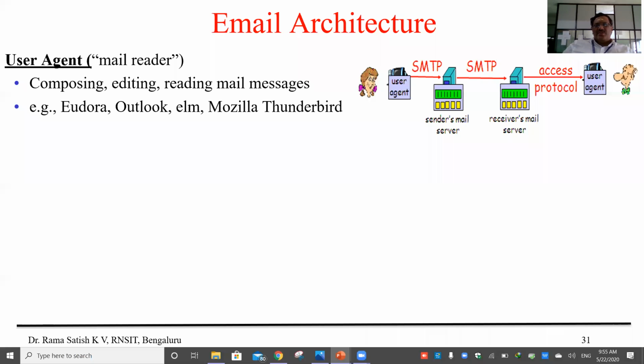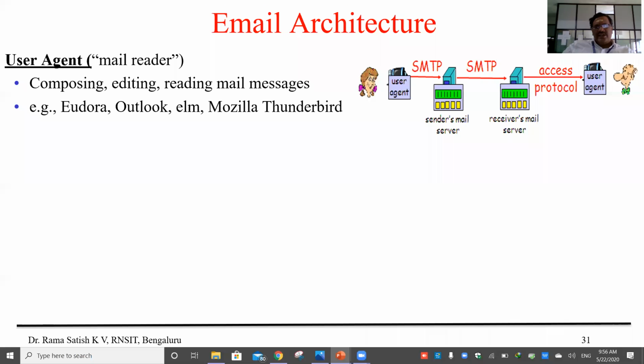Normally, you and I will get hardly 10, 15 mails, maximum some 100 mails. We will not send beyond 100 mails, and we will not receive much. But when you become a corporate professional, definitely you will get a lot of mails, and all the mails are very important.